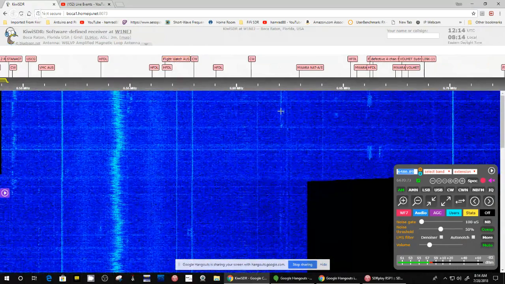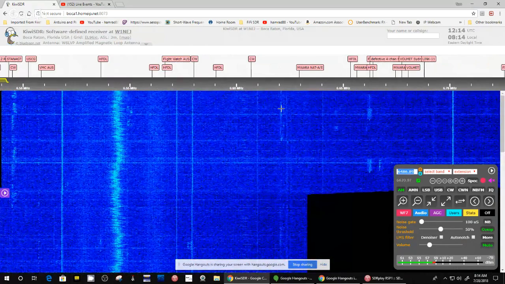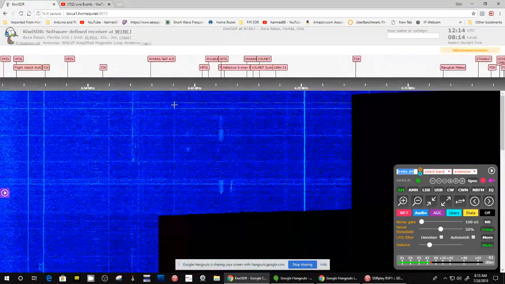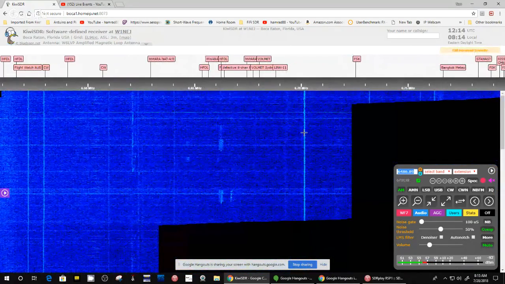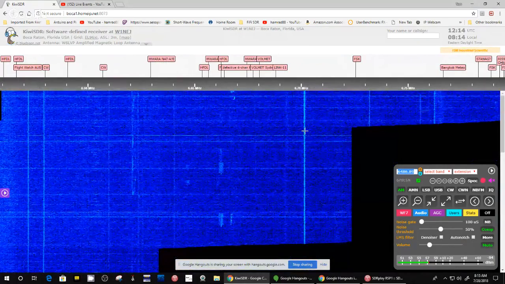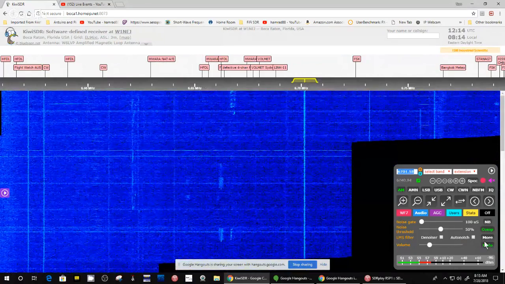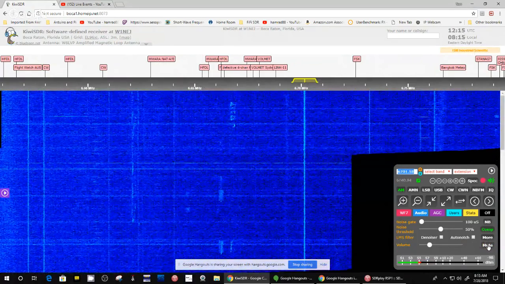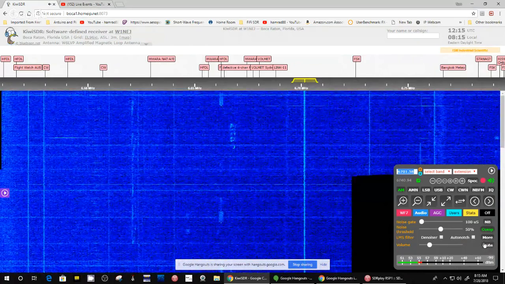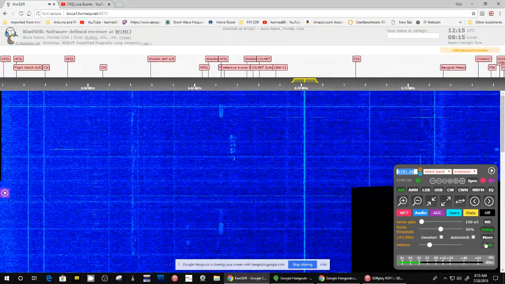A little bit of a signal here, pretty weak. Slide over again. Now there's a strong station, but it looks like it's data because it's there all the time. We'll click on it and then unmute. No, don't hear much there.